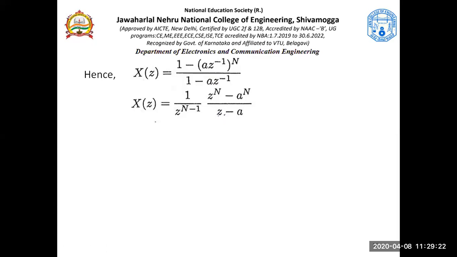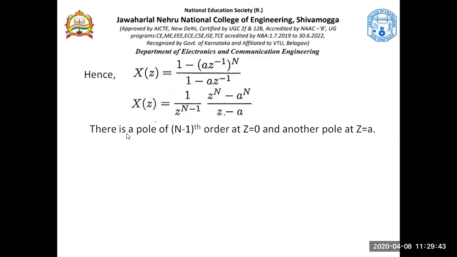Understand that? Now see here, it says a power n minus a to the power n. You should understand there is a z with n minus 1 power, and there is z minus a again, with z to the power n and a to the power n. Everybody should understand this one. There is a pole of order n minus 1 at z equal to 0. Now understand this. If z is equal to a, then this is infinite. And similarly, if z is equal to 0, then also this is infinite.